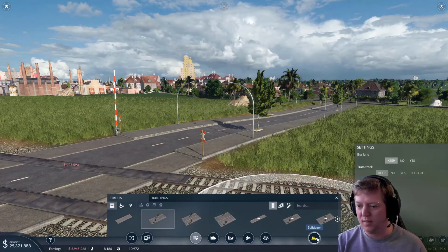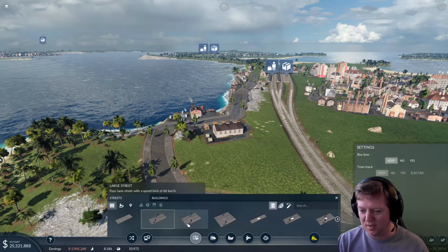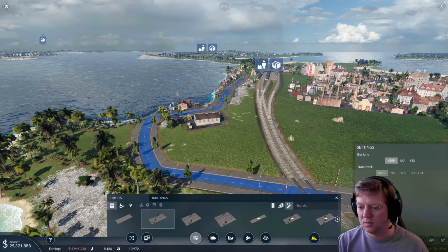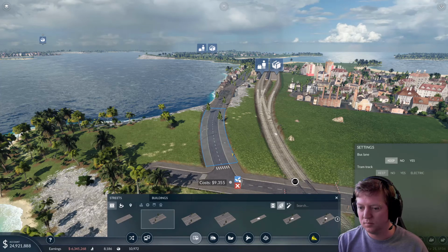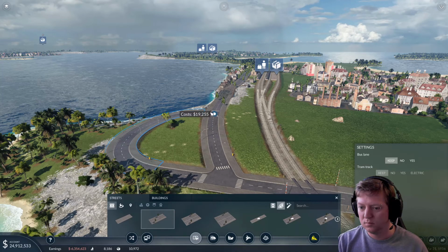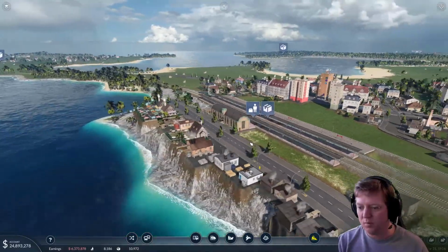I have too much riding on that particular piece of road, as ugly as it is. That is horrendously ugly. I don't know if anyone's ever said that before, but that is an ugly piece of road. Can I fix that? I didn't want to have to do that, but it was just such an ugly piece of road. Well, there you go. That already looks a little bit neater. So now they can build along that. It's going to be a nice little thing going there. I can build my little...